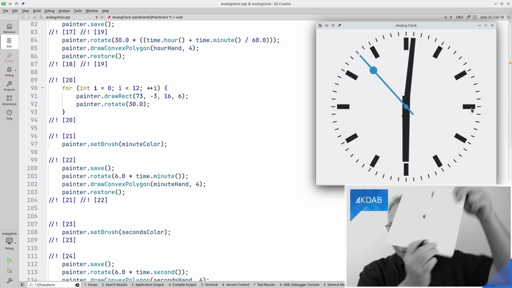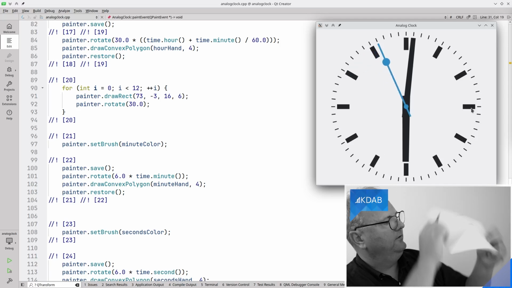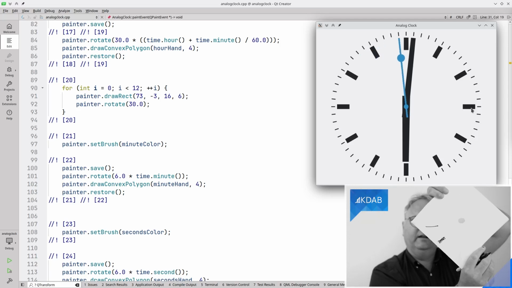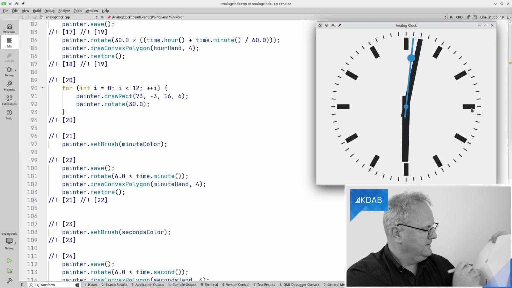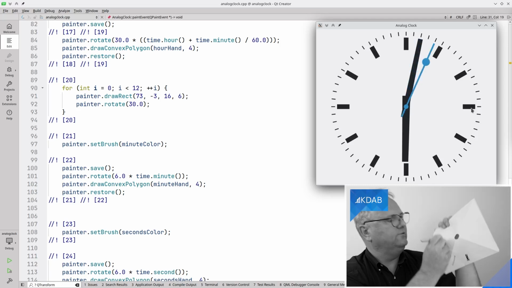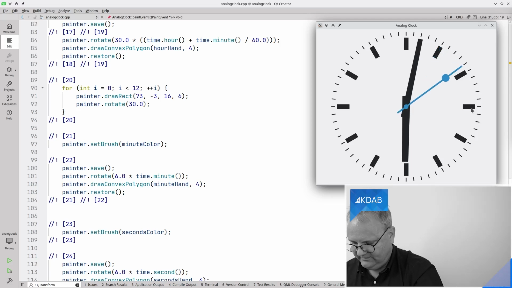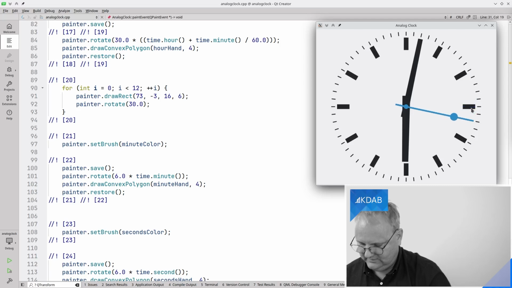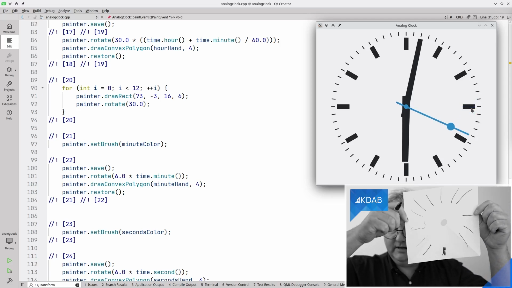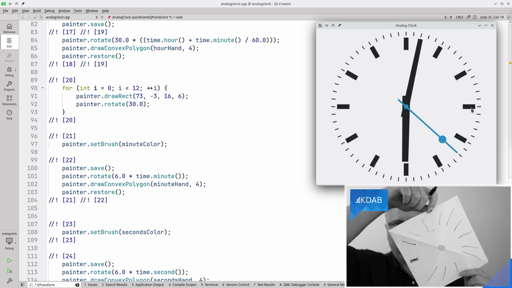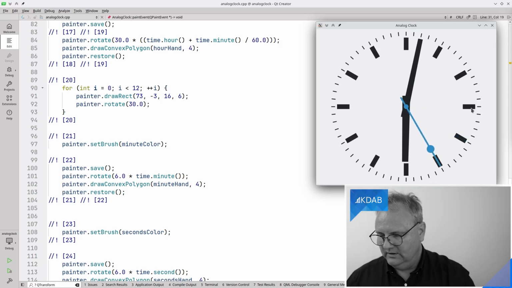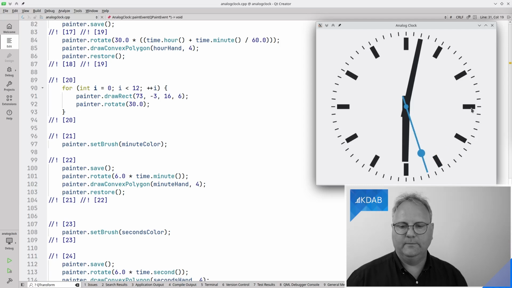I will rotate. So see, we started here, we rotated, and I'll rotate again. Go here and rotate again. Go here, rotate and rotate and rotate. And when I'm done, oh man, you're never gonna guess what it's gonna look like. I'm sure I'll get too many hours in the day now, because I couldn't count to 12 while I was doing this. So here we are. I started at this, and I rotated 12 times, and when I've done that 12 times, I have drawn all these hour marks.